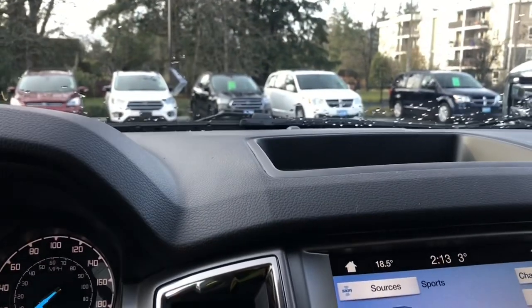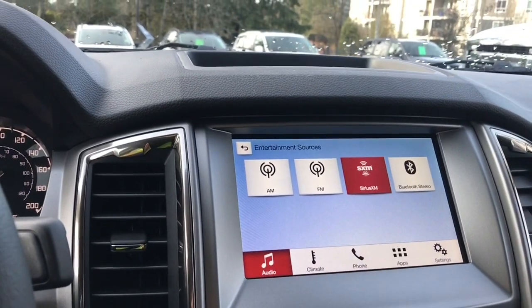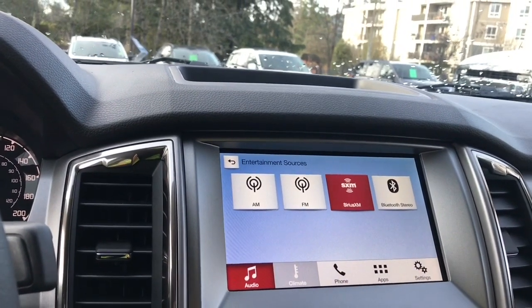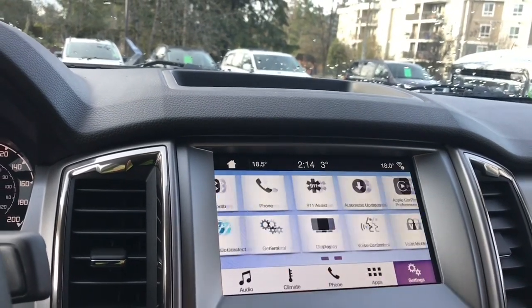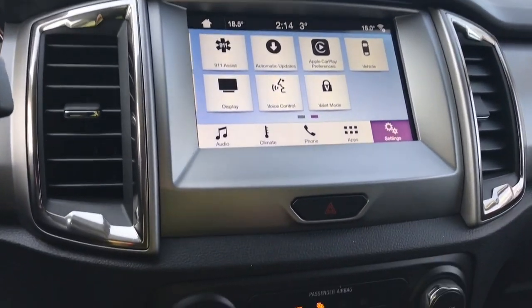In the center you have a little cubby to put items, and you're seeing your touch screen here. Sources are AM, FM, Sirius satellite radio, Bluetooth, and you can also touch on your climate. And you're seeing dual climate control for driver and passenger. You also have your settings, and you can slide through there for different options, Apple CarPlay, automatic updates. You can even change the look of your screen. You have your